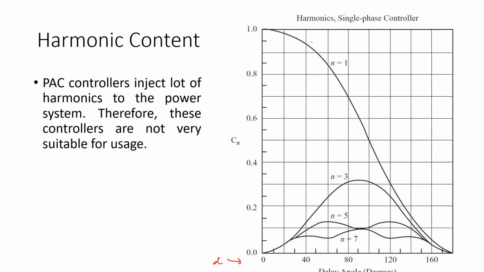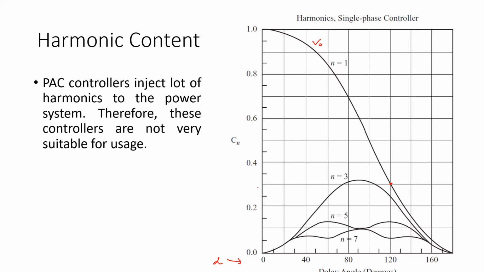So n equals 1 is the fundamental. V out will differ like this. You can go up to 180 degrees, up to pi. At pi, the thyristors will not fire, so the output voltage will be 0. At 0 angle, it will be the basic AC voltage, so the same voltage output and power output will be there. If you take in-between values, somewhere around 120 degrees, this is where our fundamental is.